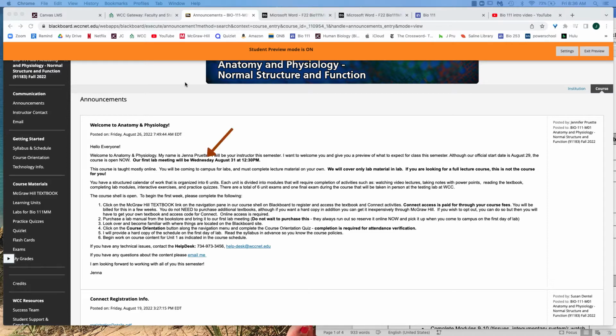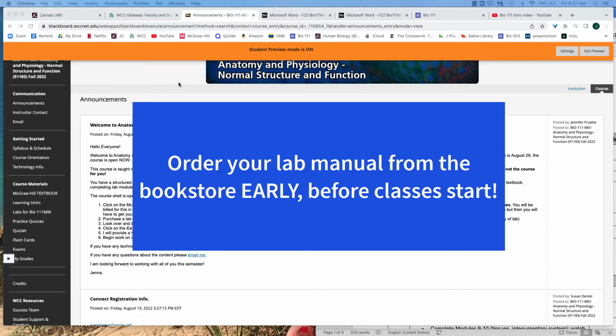This welcome letter gives you the first lab meeting, as well as a series of steps that you need to take before you come to lab. Probably the most important one is that you are going to need to purchase a lab manual. Now, in my experience, the lab manuals often sell out at the bookstore. So what I would do if I were you is get on the bookstore website right now and purchase your lab manual. You can do that online. They will hold it for you, and then all you have to do is go pick it up when you get to the bookstore. Otherwise, you might run into a situation where you don't have a lab manual on the